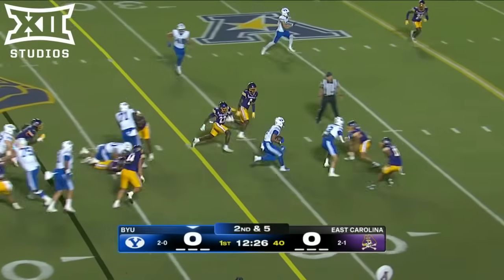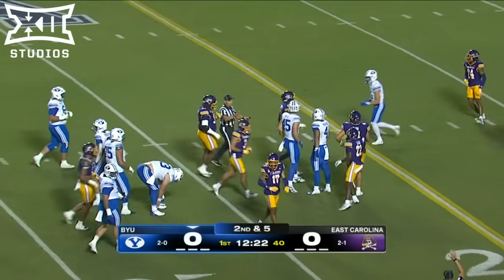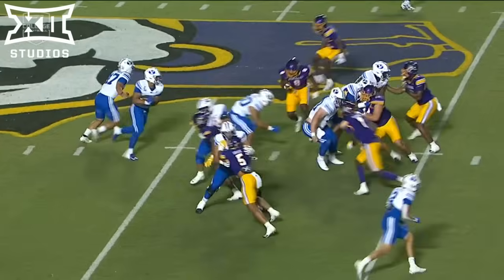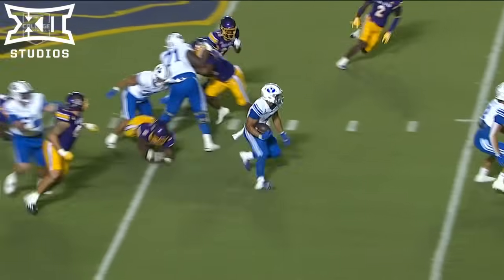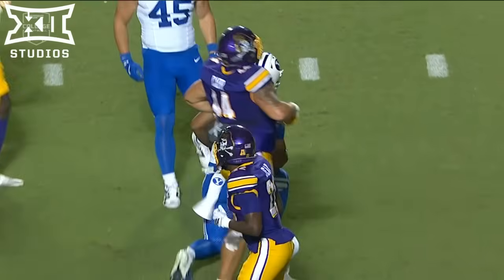Morton with the seam up the middle. Keeps rolling to the 25-yard line. BYU's offensive line going against ECU's defensive line. They're bigger. They're more physical. ECU's going to have...